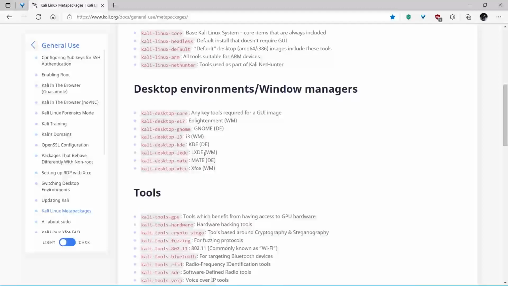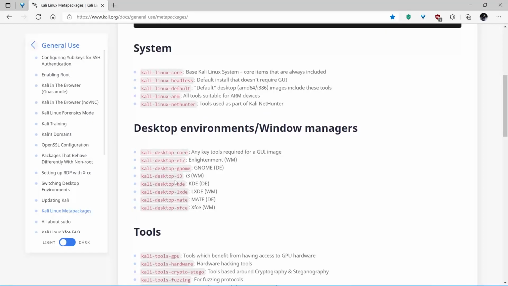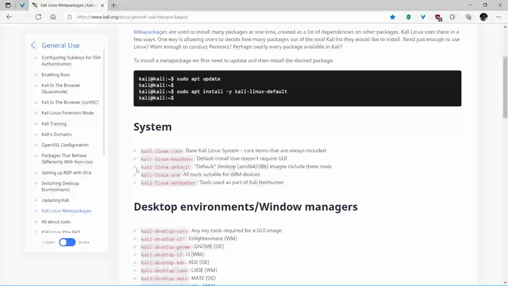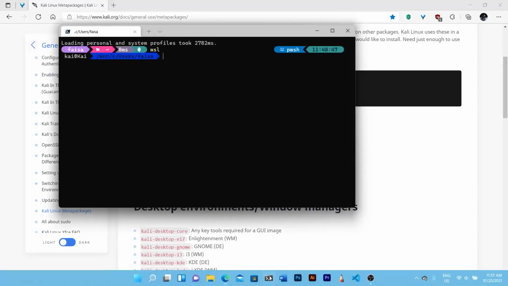And there are desktop and other metapackages as well that contain desktop environments, and also metapackages by menu, for example, information gathering and others. So what we'll use is Kali Linux default, the default tools that come with Kali Linux if you were to install it from the image, and